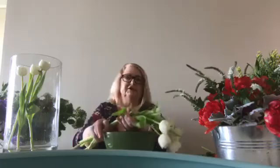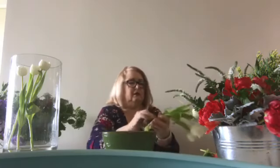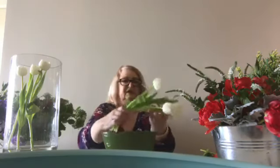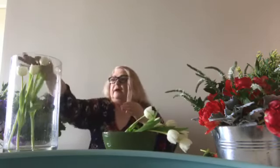And what I'm going to do now, I've got some water in this vase, is just lay them, cut them shorter. Oops, I'm on an angle. Pop them in the vase. Now, they're going to pop up because they're not weighted down enough. So I'm going to weight them down with